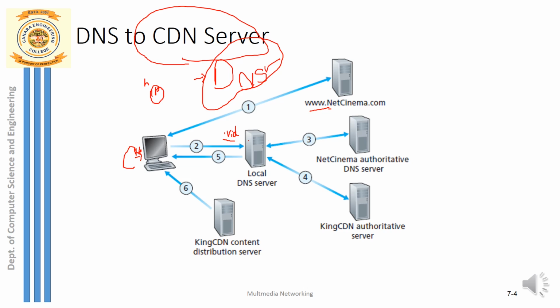Once the authoritative DNS server gets this host name, again it checks that last part. What is that? Video. The moment it sees that video part in the host name, the authoritative server comes to know that the user is not wanting the IP address here; all he wants is to download this video. So for that, instead of simply replying with the IP address, this authoritative DNS server will redirect the request